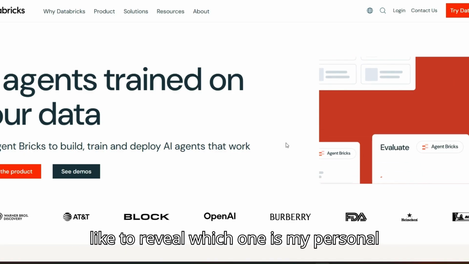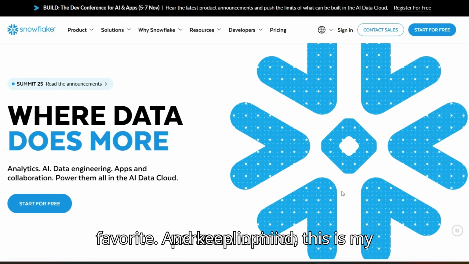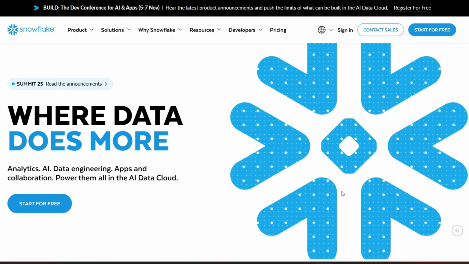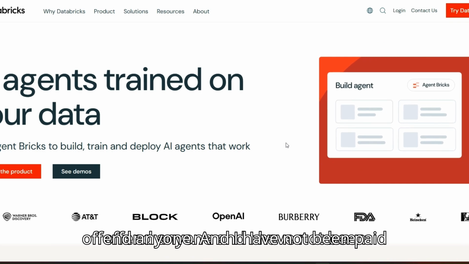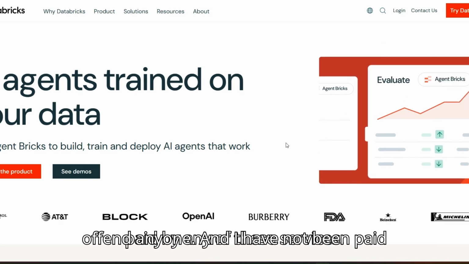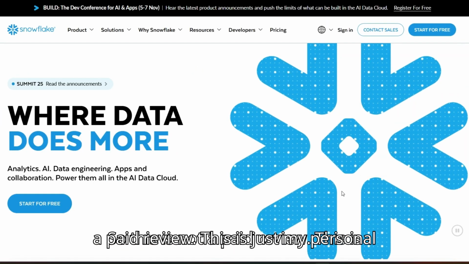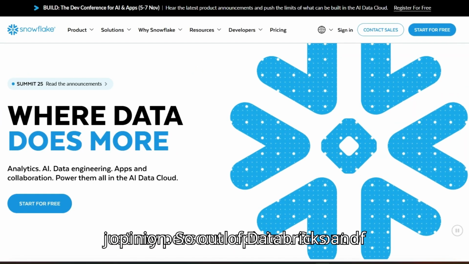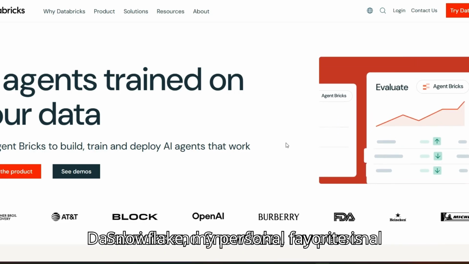And now I would like to reveal which one is my personal favorite. Keep in mind, this is my personal opinion, and my intention is not to hurt or offend anyone. I have not been paid by any of these services, so this is not a paid review. This is just my personal opinion. So out of Databricks and Snowflake, my personal favorite is